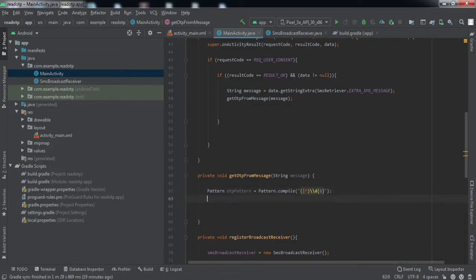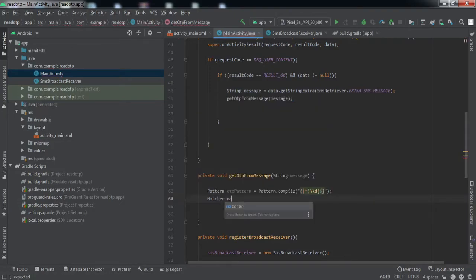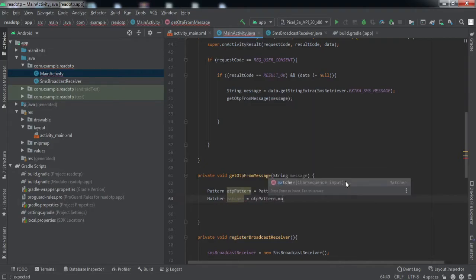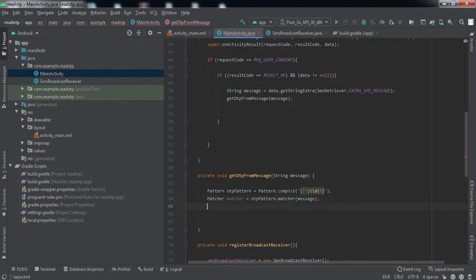So now we will use the Matcher class. Matcher is equal to OTP pattern.matcher, and we'll pass the message here, right?